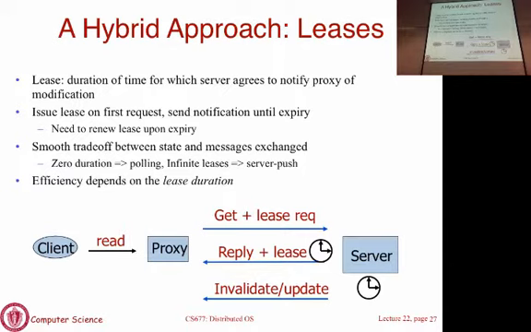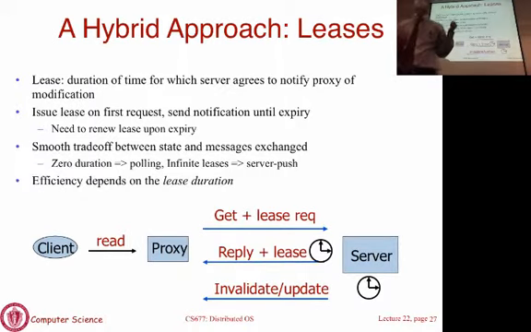Now, if the lease duration is set to 0, this becomes a pure client pull approach. If the lease duration is set to infinity, this becomes a pure push-based approach, because the lease never expires, same as server push. If the lease is 0, then you just get a request and the lease immediately expires. So now you have to pull or renew the lease the next time. It is basically client pull. Now any duration in between is going to give you something that is between a pure server push and a pure client pull. And so that's basically the hybrid approach between server push and client pull.